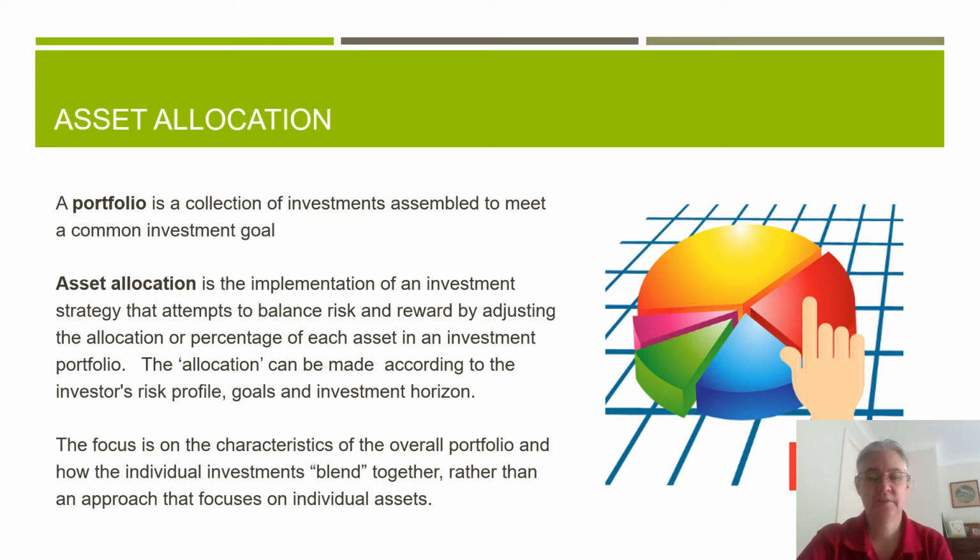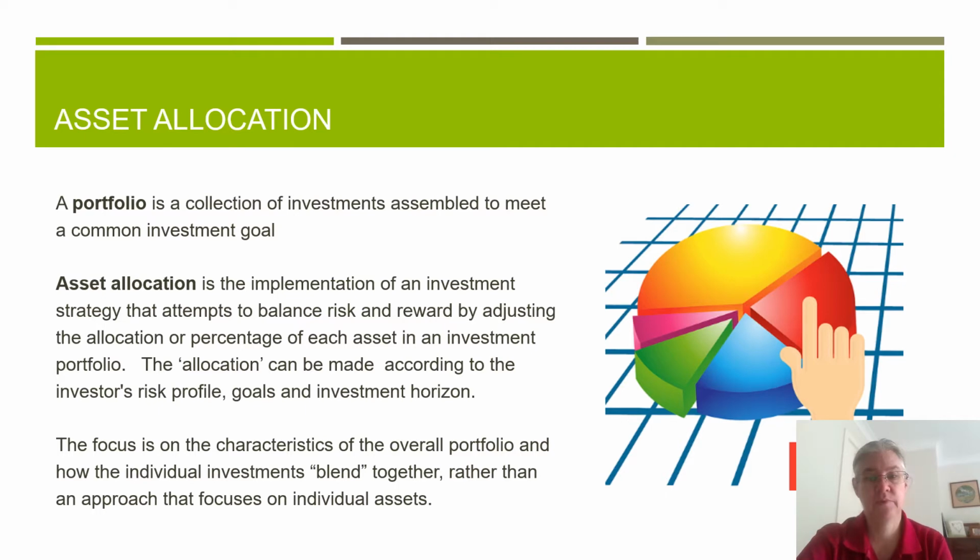Asset allocation is deciding how big each piece of the pie will be for each type of investment. We're trying to balance risk and reward. So we might see how this yellow piece is particularly large. So you might have that one bigger to balance out the risk and the reward of the others. So perhaps the purple slice here is particularly high risk, but very high reward. But we'll only have a small piece of our portfolio of that